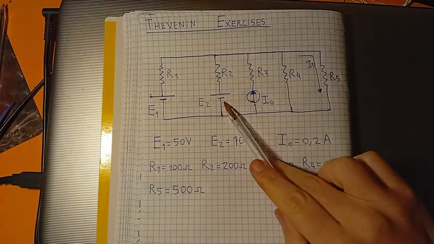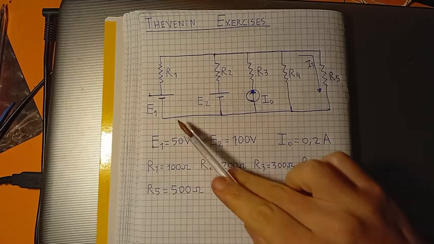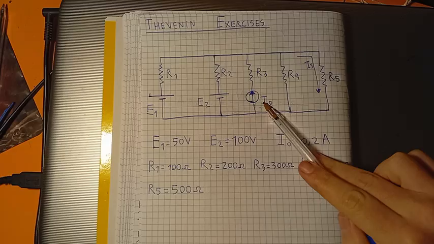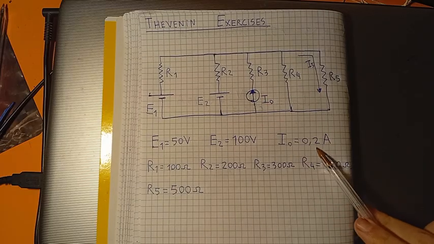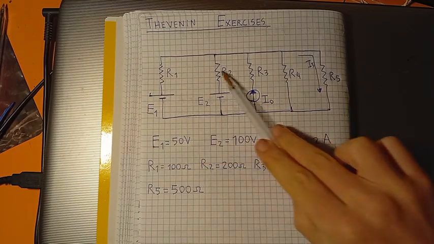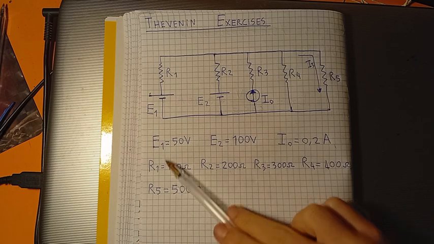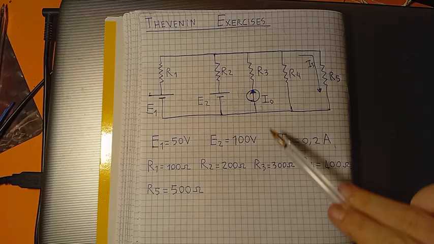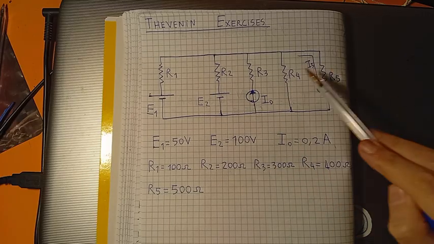We have two voltage sources. The first one has 50 volt. The second voltage source has 100 volt. Then we have a current source. It has 0.2 ampere. And we have 5 resistors. The first one is 100 ohm, the second resistor is 200 ohm, the third is 300 ohm, okay, 400, 500,